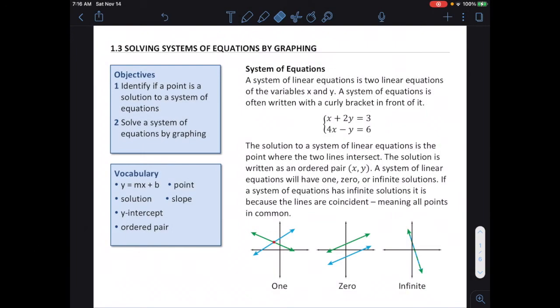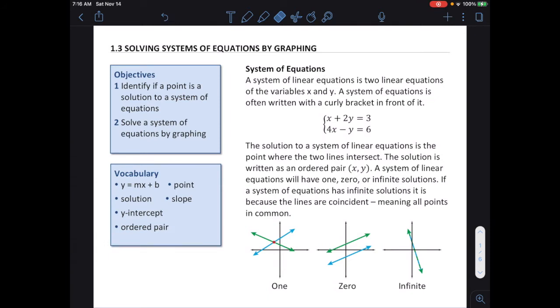Welcome back, everyone. This week we are starting a new unit on systems of equations. And the first thing that we're going to do is talk about how to solve a system of equations by graphing. We're not going to go over what a system of equations is because we should remember what that is